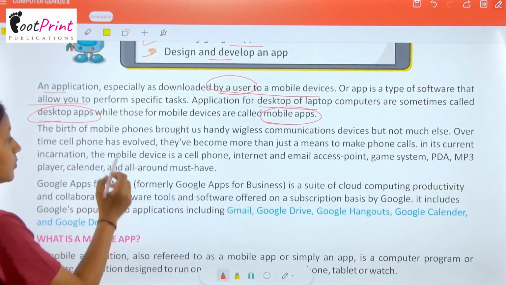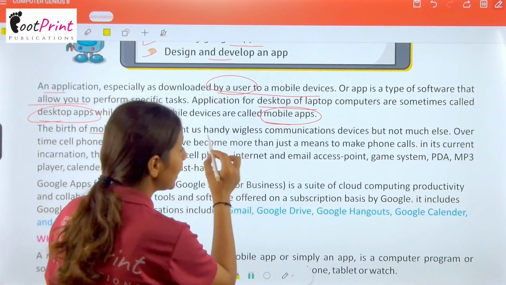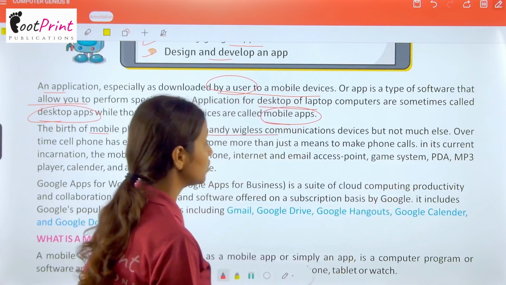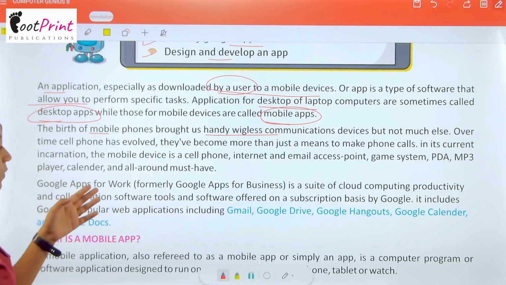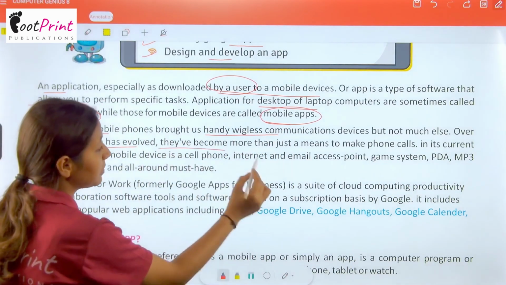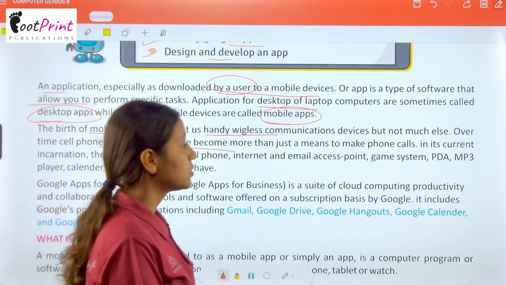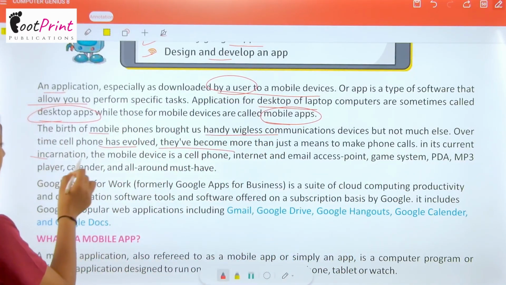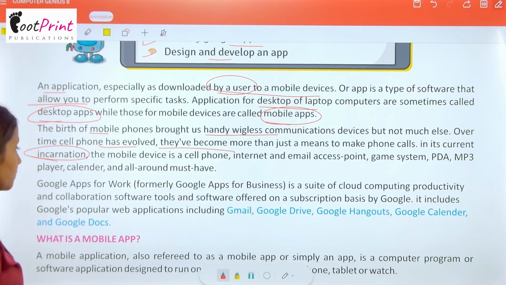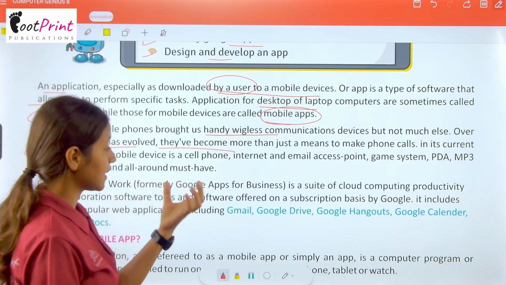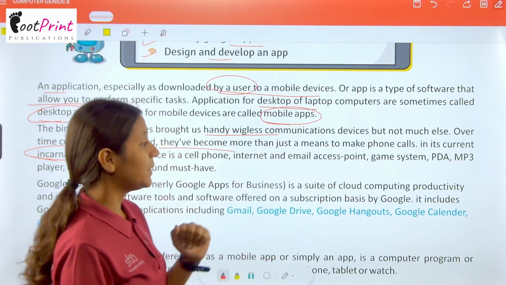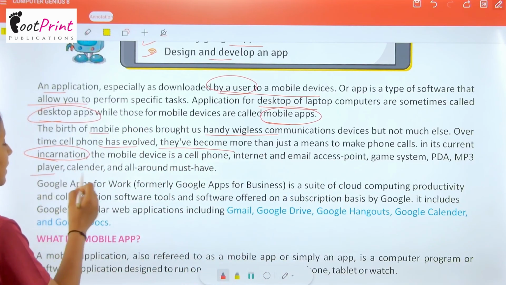Now, the birth of mobile phones brought us handy, wireless communication devices, but not much else. Over time, cell phones have evolved. They have become more than just a means to make phone calls. In its current incarnation, the mobile device is a cell phone, internet and email access point, game system, PDA, MP3 player, calendar, and